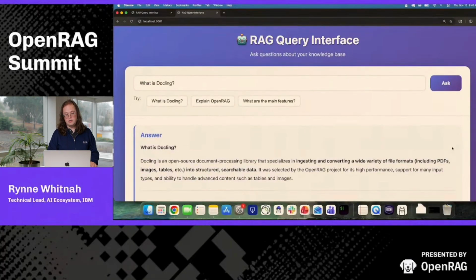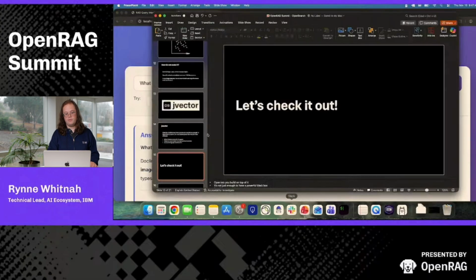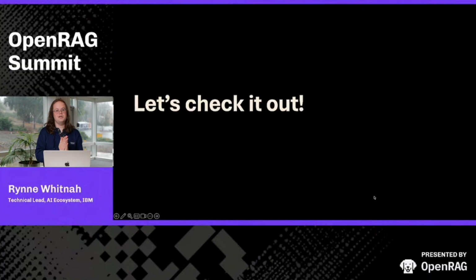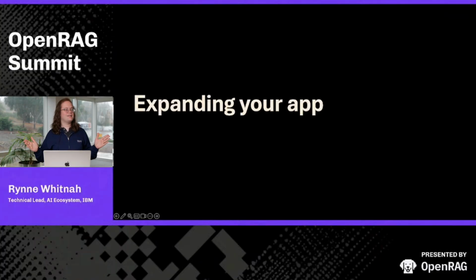So diving back into the PowerPoint here, I want to show a couple more tips and tricks for this because I am a big fan of not just staying with what you can do out of the box. I want to expand this. I want to do cool things that don't come standard in every RAG application, because I view RAG as part of a larger system or larger application, right? It's something where you can come in and you can use it to expand out existing workflows. You can use it to ground techniques in when you're doing agentic workflows